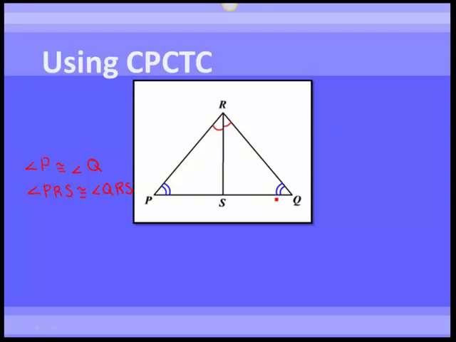So those angles are congruent. And then the last thing we know is that side RS is congruent to itself by the reflexive property. So we can say that triangle PRS is congruent to triangle QRS by